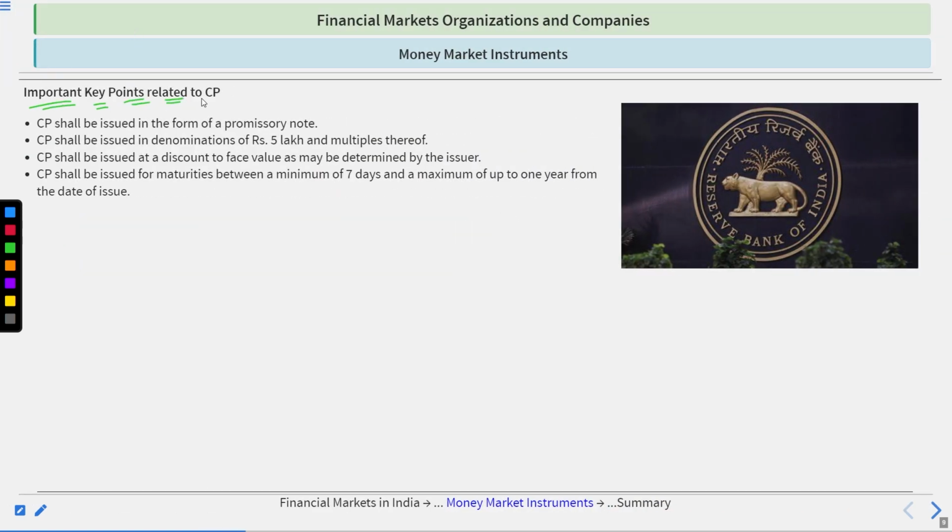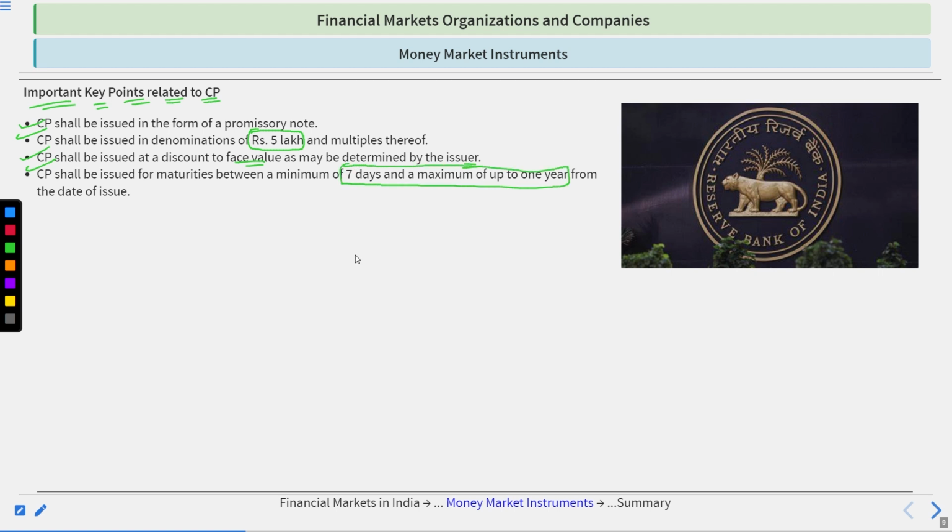Important key points related to the CP, or commercial papers. First, CP shall be issued in the form of a promissory note. Second, CP shall be issued in denominations of rupees 5 lakh and multiples thereof. Third, CP shall be issued at a discount to the face value as may be determined by the issuer. Fourth, CP shall be issued for maturities between a minimum of 7 days and a maximum of up to 1 year from the